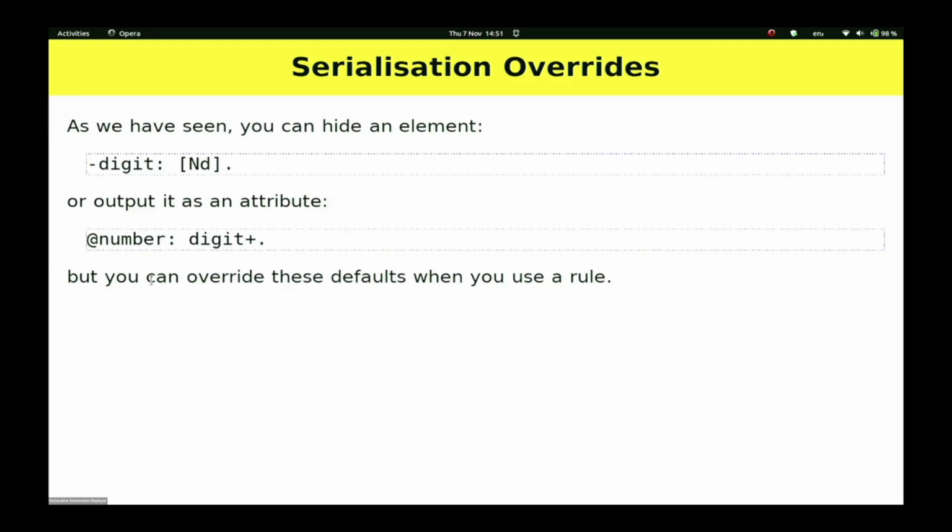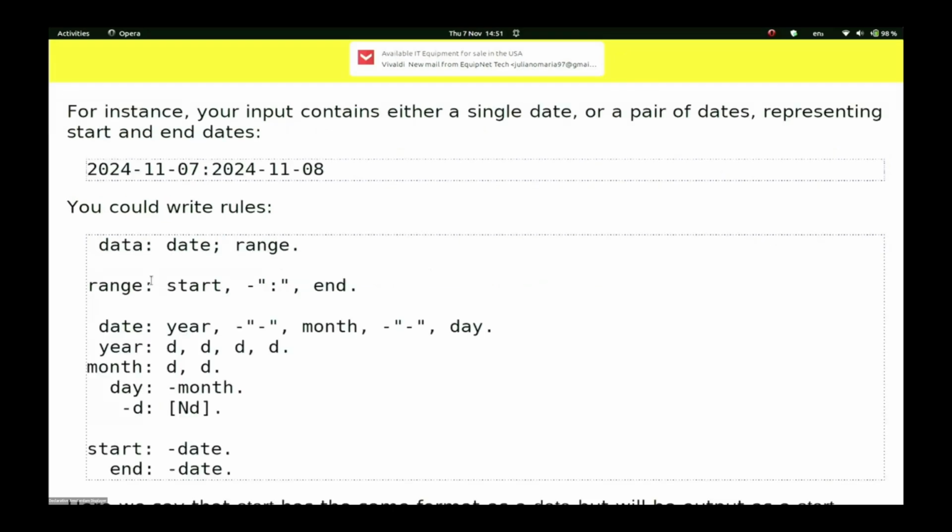Overrides, we've already seen that you can hide an element by doing a minus in front of the element name, or as an attribute by doing an at before the name. And of course, the default is for it to be produced as a regular element. But you can override these defaults when you use a rule. So for instance,